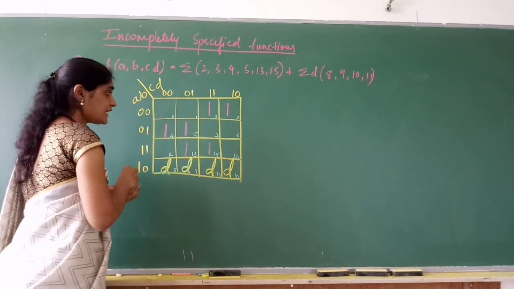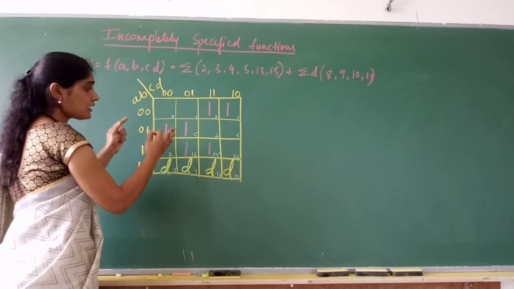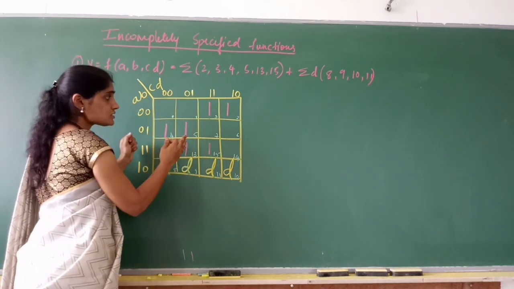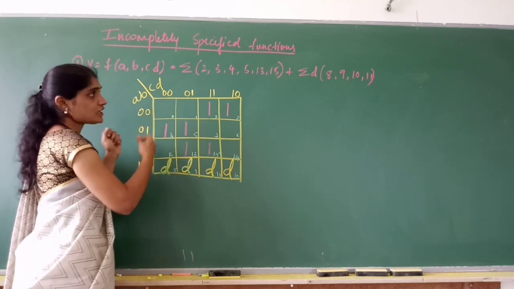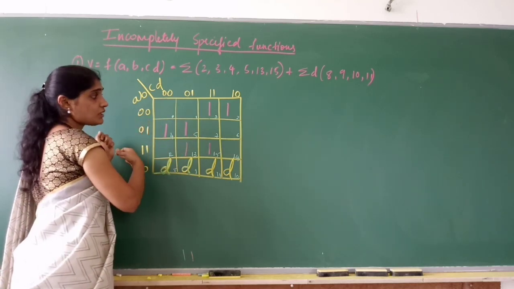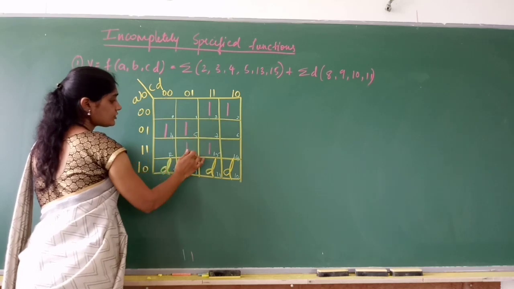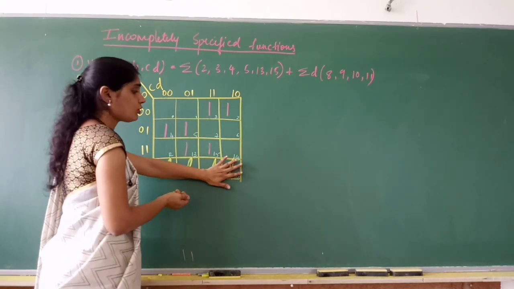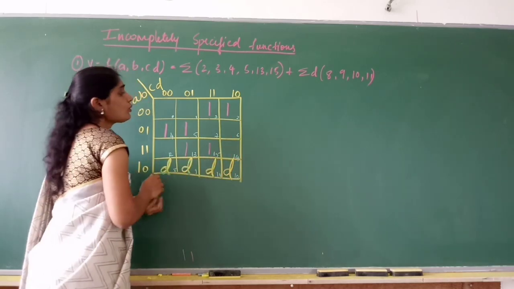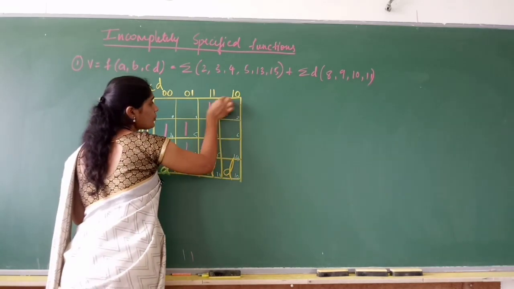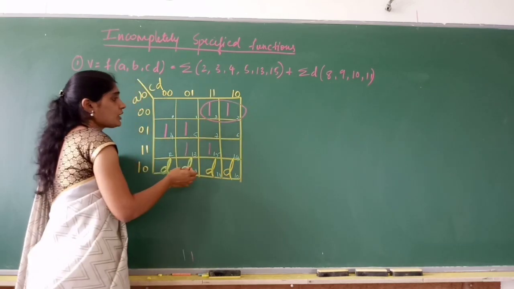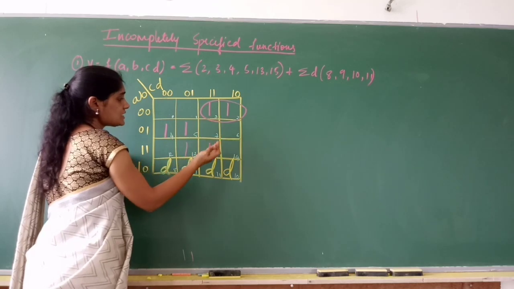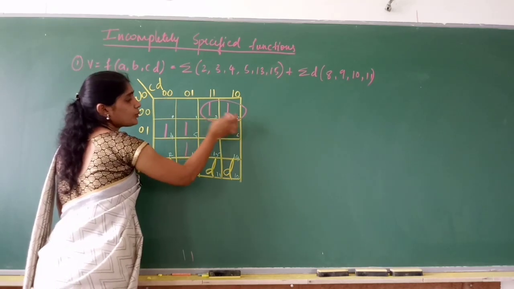Even if you have don't care terms, your concentration should be only on min terms. You have to concentrate on grouping the min terms, just like we did in the previous problem. So which min terms do we have? 2, 3, 4, 5, 13, 15. Now how do we group 2, 3? If we don't have don't care terms, forget about them. We would have grouped 2, 3 alone, because 2, 3, 7, 6 are not all ones and 0, 1 have no ones. So we would have grouped 2, 3.